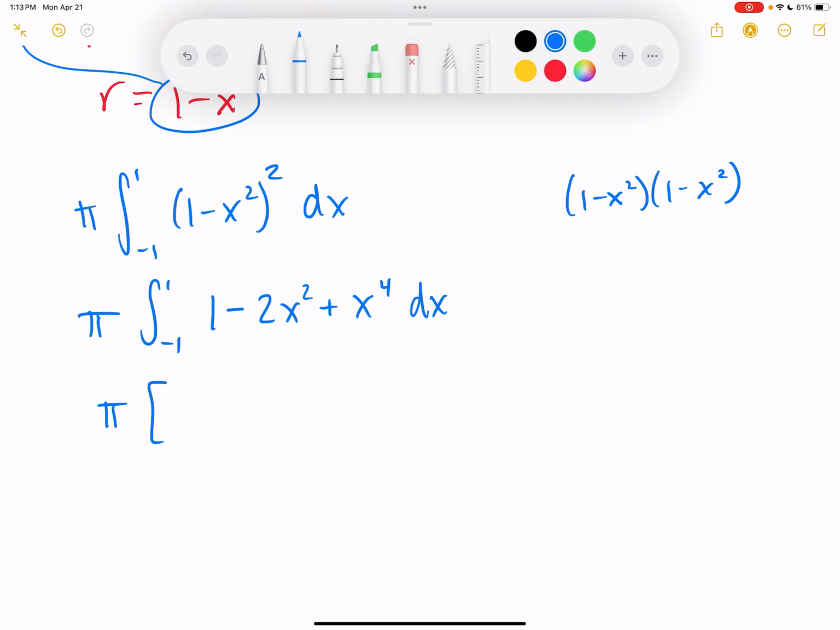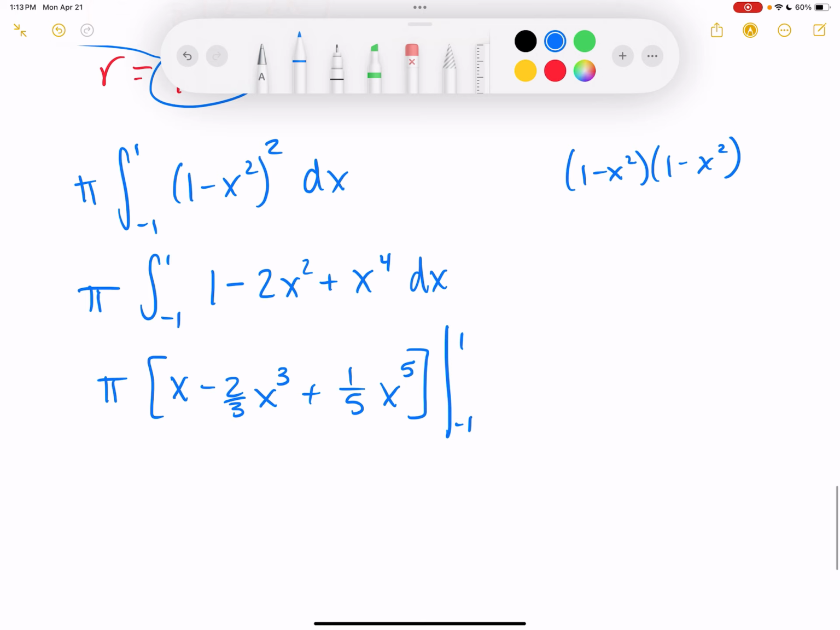X. Minus 2/3 x cubed plus 1/5 x to the 5th, evaluated from negative 1 to 1. So I'm going to leave the pi out front. And then I've got 1 minus 2/3 plus 1/5